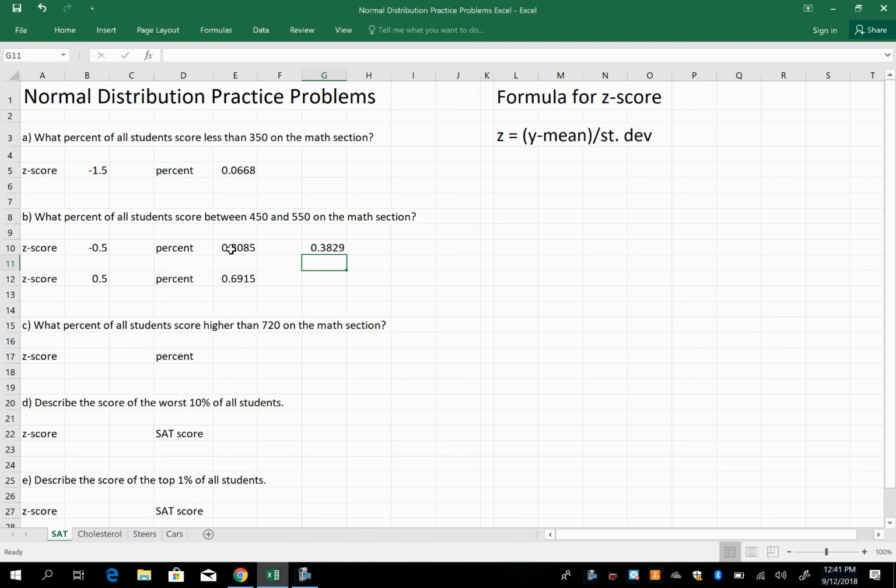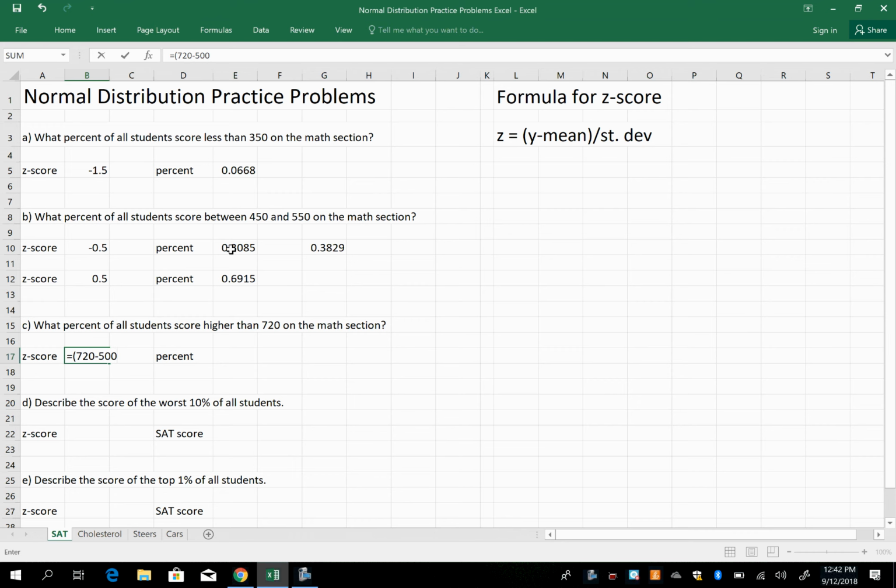Part C. What percent of all students score higher than 720 on the math section? I'm going to go a little faster because we've been doing this now for about 20 minutes. I'm not going to write down the formula. I'm going to write equals in cell B17. Equals, parenthesis, 720 minus